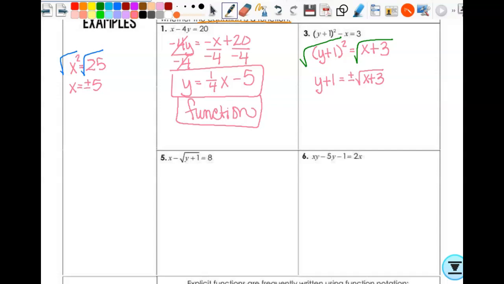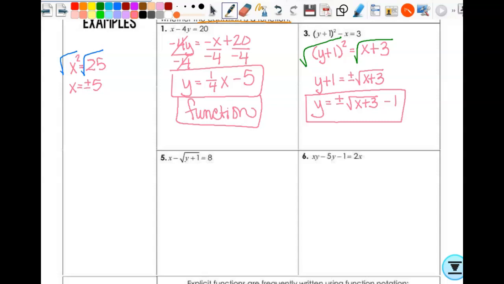And then, yes, I'm not finished. I have to move this 1. So I'm going to have y equals plus or minus square root of x plus 3 minus 1. Can I do 3 minus 1? No, because the 3 is under the square root. The 1 is not. I cannot simplify that anymore. That is my answer. This is explicitly solved for y. So now I need to